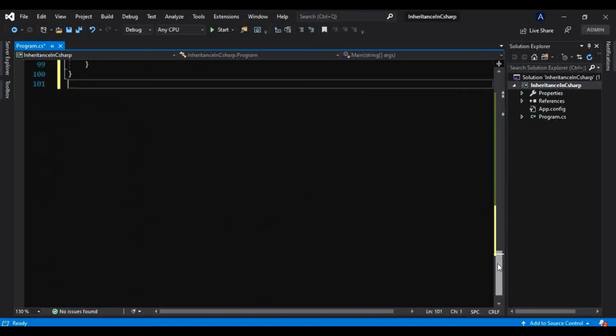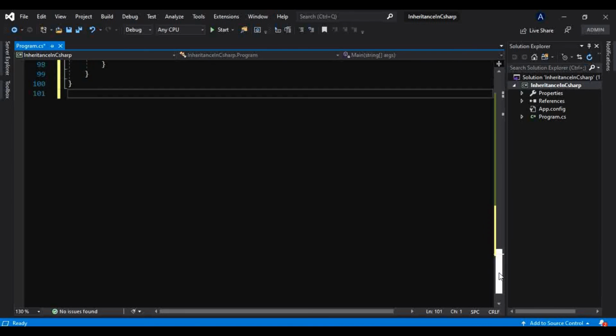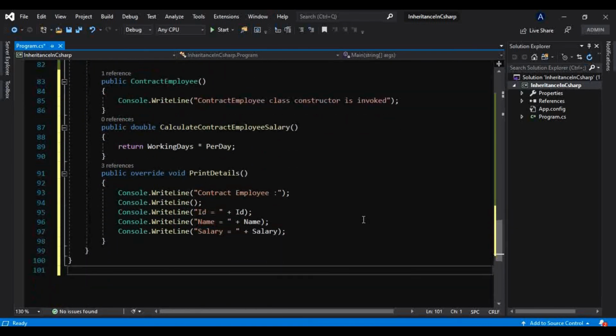Let me give correct indentation. For that we press Ctrl K D. Now it is looking good. So let me print that.